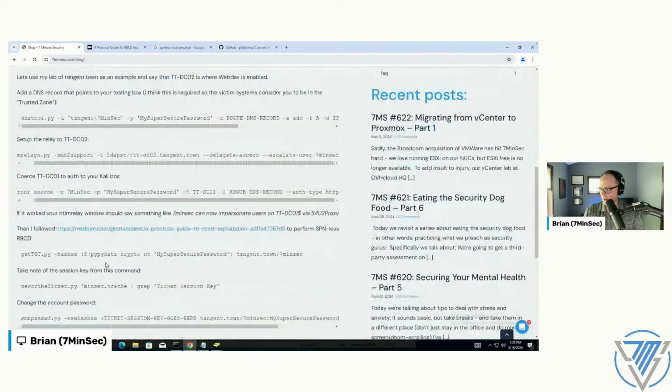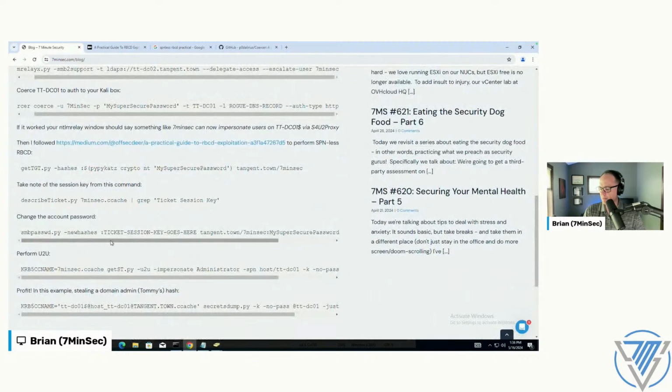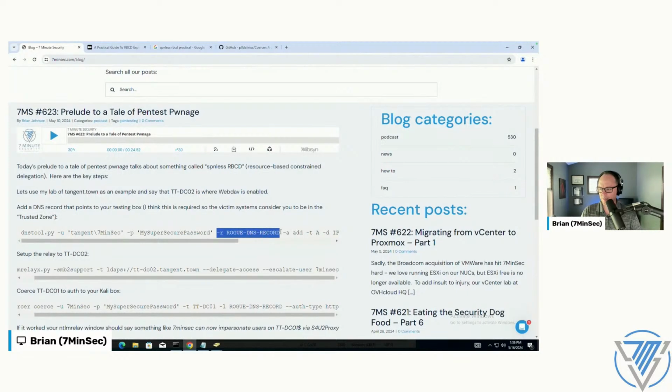I have had, in the environment that we did this in, and some other environments too, the ability to add a DNS record. I don't know, comment maybe if you've actually locked that down. I don't think I've yet been in an environment where the controls have gone to that level. I can't remember. I have it written up in my boilerplate, but there are permissions you can adjust so that domain users can't just add DNS records. One company said that was problematic when a vendor was trying to install their box and register a DNS record. So I guess my takeaway from that isn't so much to stop this,